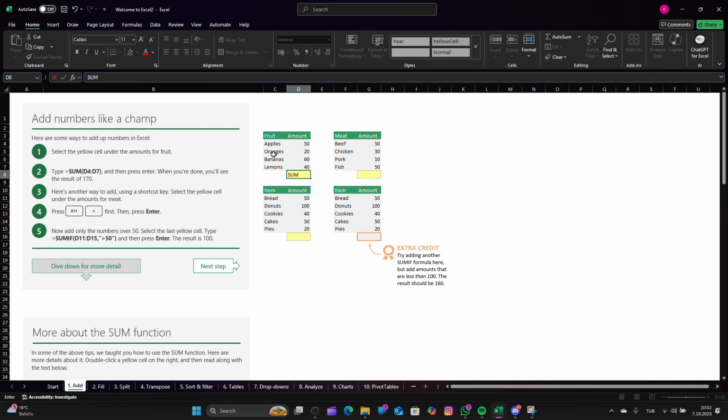So you see here fruits, and we select the yellow cell, and let's write sum, and we should write here D4 and D7. So it says us that sum means add, and it says us to sum these numbers together,